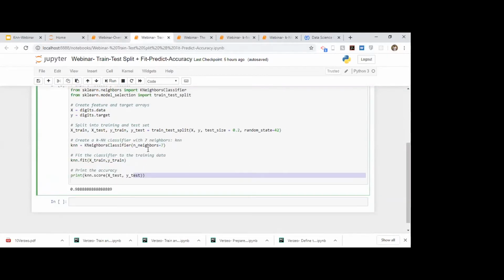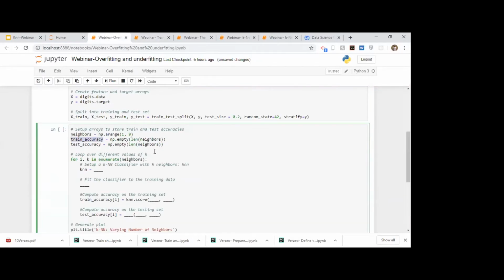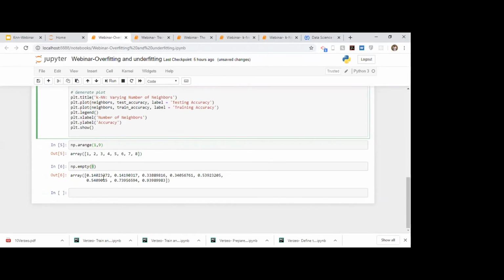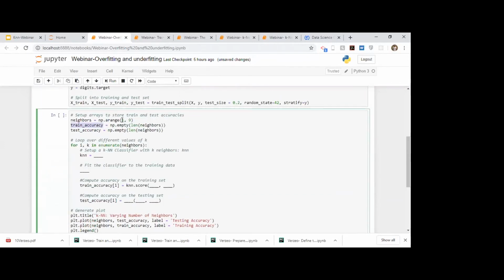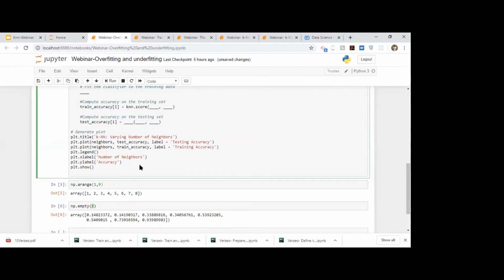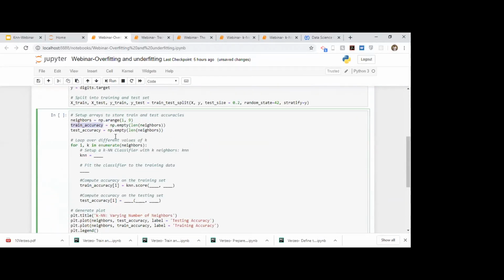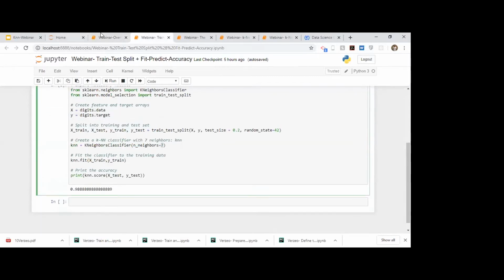But this is just for a single value, right? For a single value of k. However, here we are doing it for how many values? We are doing for 8 values of k. So that is why we are simulating it. We are not repeating the process 8 times. We are just simulating. So suppose if you don't want to simulate it, repeat this 8 times.